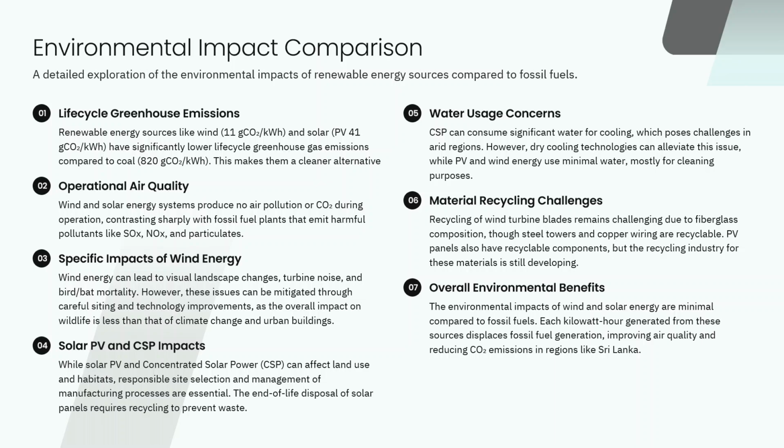We can also compare these different technologies by looking at the environmental impact, right? There are various aspects that we can look at. The one is the greenhouse emission. You know that the renewable energies have very low greenhouse emissions. For example, wind has 11 grams of CO2 per kilowatt hour generation, and solar PV has about 41 grams of CO2 per kilowatt hour, because